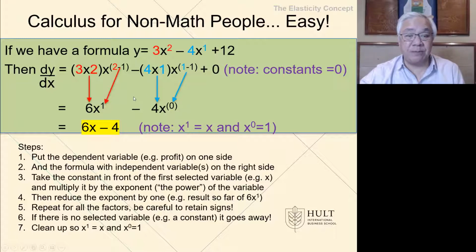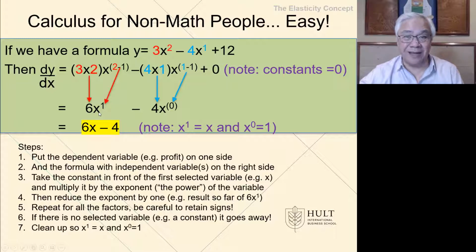So from there, we're just simplifying the math we just did. So 3 times 2 is 6. X just carries through. 2 minus 1 is 1. Minus, always remember signs, 4 times 1 is 4. Carry down the x. 1 minus 1 is 0. And we could simplify again to get to the final expression, which is 6x, because x to the first is